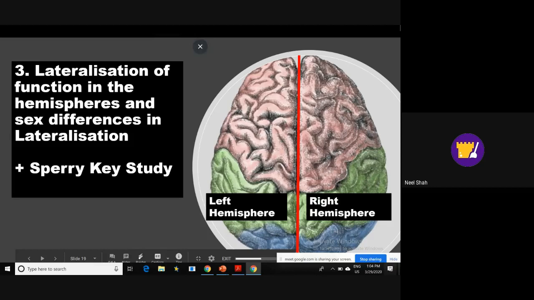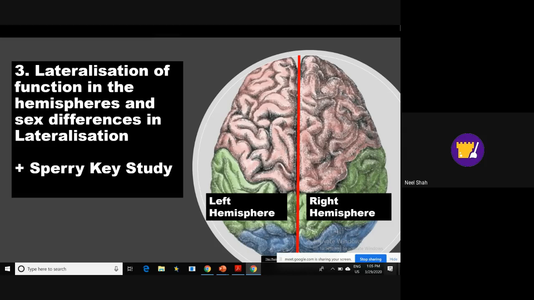Okay, so far we've looked at a couple of topics. We have looked at basically brain functions, so the central nervous system, different parts of the brain, and neurotransmitters. Today, what we're going to look at is lateralization of function, different hemispheres of the brain. And there is a key study that you need to know for this part of the course, which is the